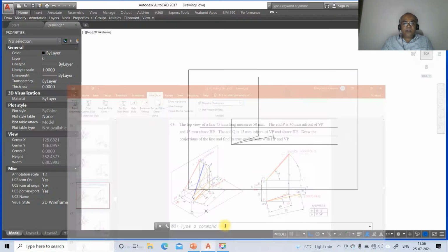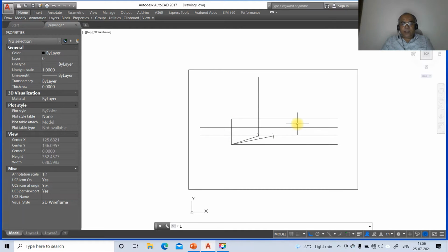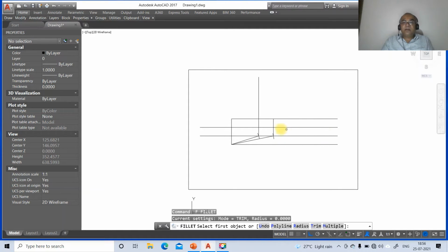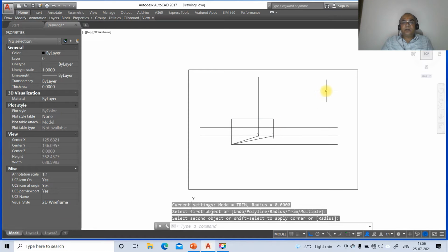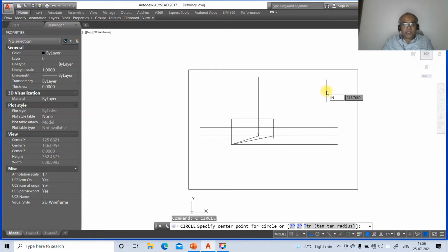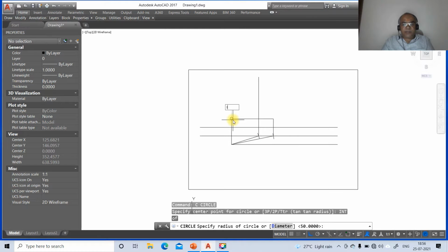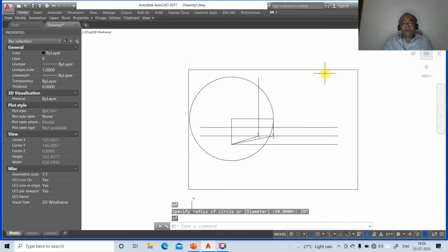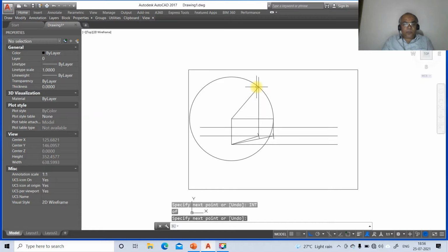So to do that, go to line, take int of this and draw perpendicular to this line first. So now we have made it parallel. So you take these two and trim this, and then go to circle, take int of this and take intersection point of this line. So now we have line, take int of this and take intersection point of this now. So then go to trim between this line and trim this portion and also this portion,